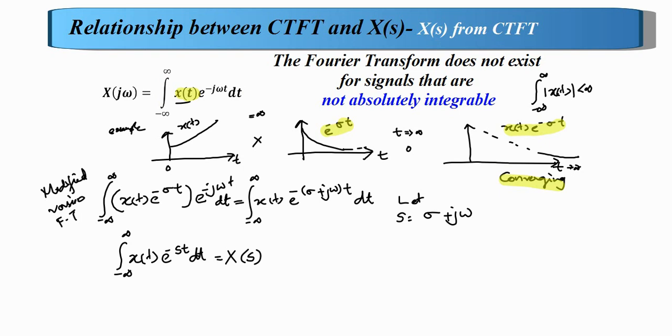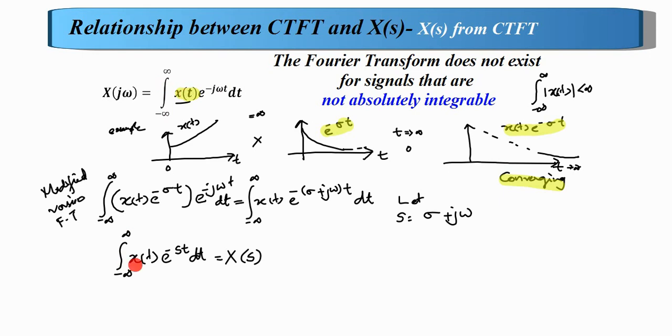So we cannot find the Fourier transform of all the signals by using this equation. There is a condition: the signal should be absolutely integrable, but we can make it absolutely integrable by multiplying with another signal. So we can conclude like this: the Laplace transform is a modified version of the continuous time Fourier transform. Here you can see that these two equations are almost similar. Again the integration is from minus infinity to infinity, here also from minus infinity to infinity.